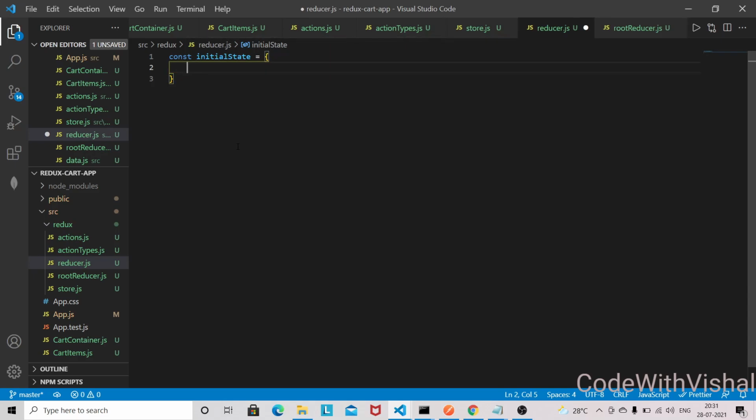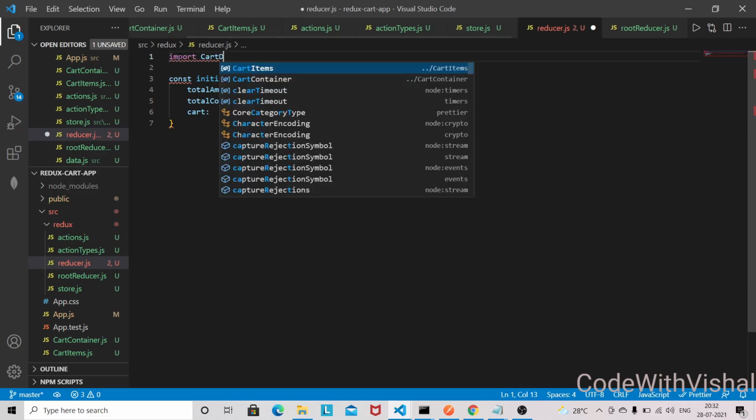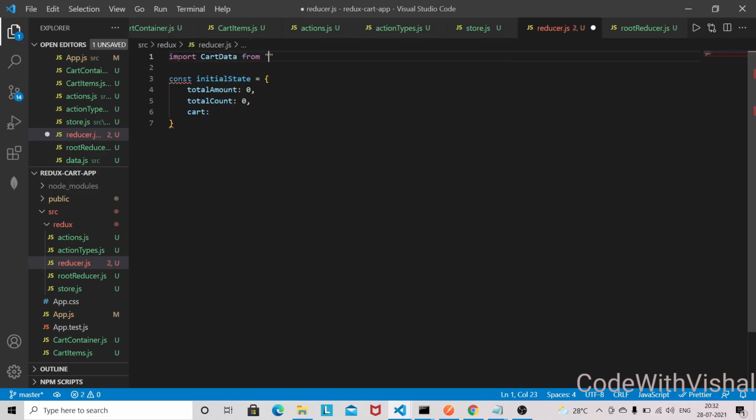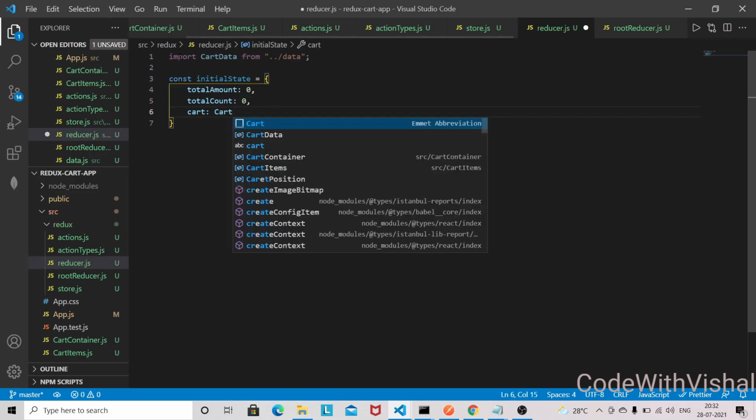So initial state will have the total amount, so it will be 0, total count, it will have a 0, cart, so we need this data file here, so bring that data file, like cart data from this data, and we are going to load this data from Redux.